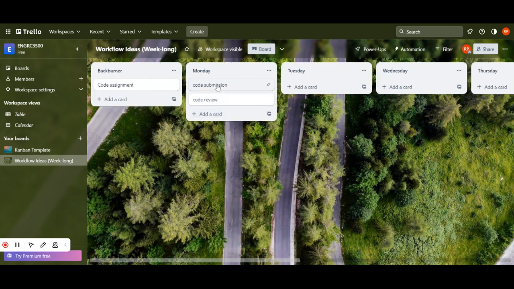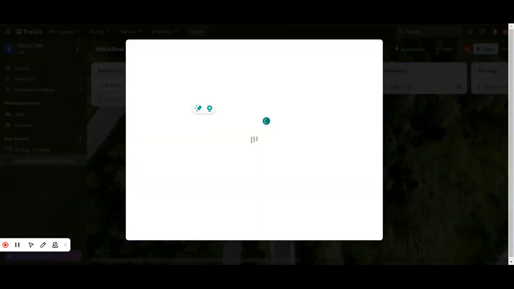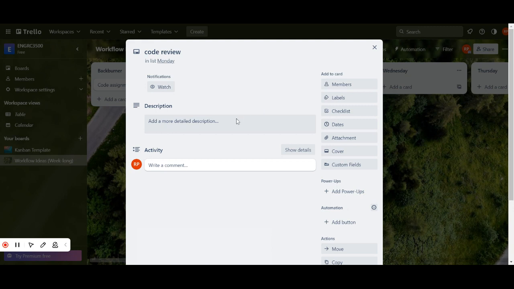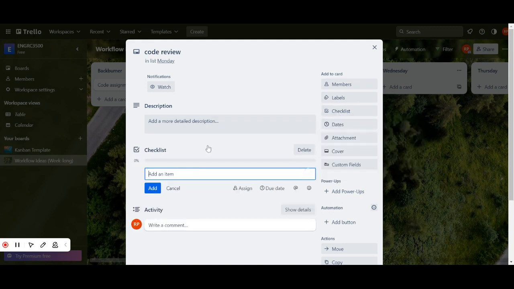The other two things that we have here, for example, this is just an example if you're in some sort of software development project team. If you want to edit the code review task that we have over here, we can do something like turn it into a checklist if this involves multiple steps. So I click checklist, and we have say